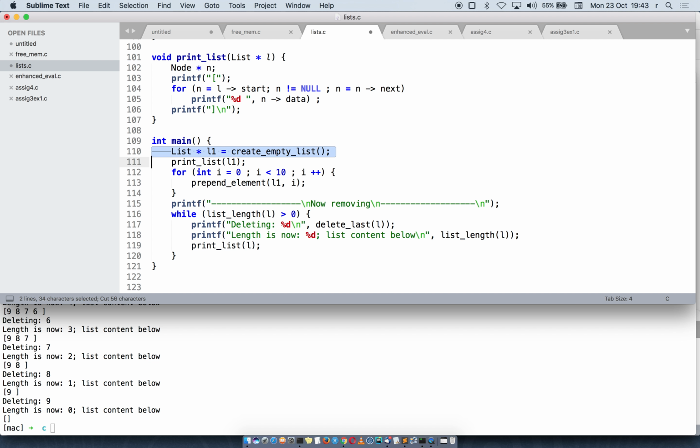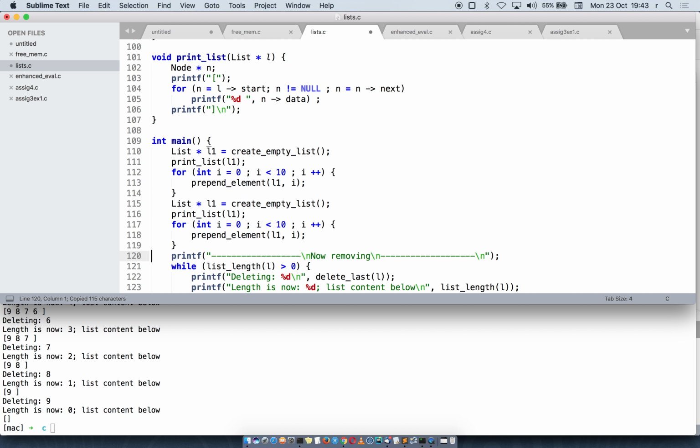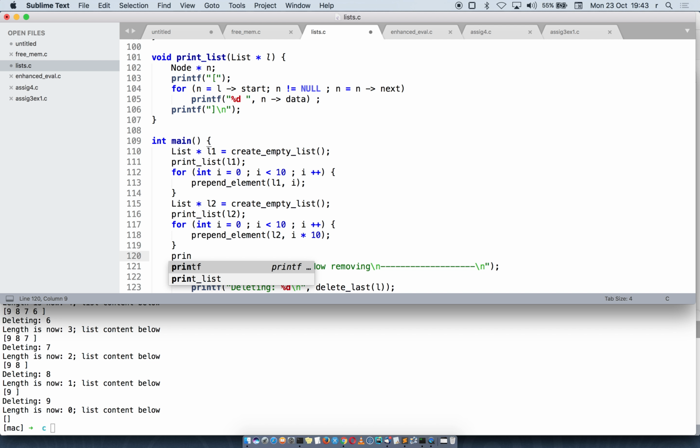And then we're going to repeat this for L2. And let's say here I times 10. All right, now let's do a print list of append. Actually,